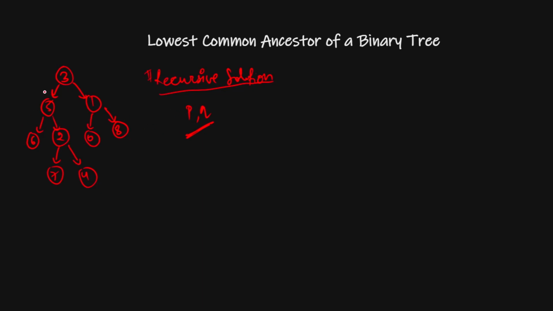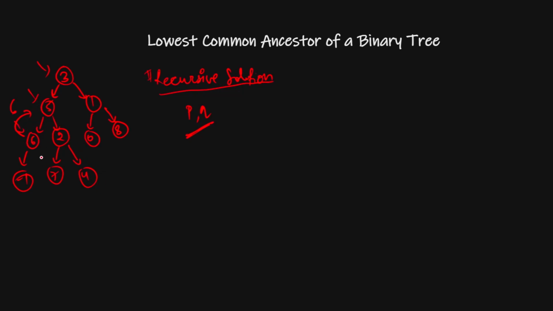common parent. If I start from the root, I will first go to its left, and from here I will find this. As soon as I find any of these nodes, I will return it. So from here I will return 6. It may be possible there are some more nodes, but I will not go further because there is no need. It is also given that all the nodes in this binary tree are unique, so it will not be possible that 6 will be there also. So from here I will return 6.